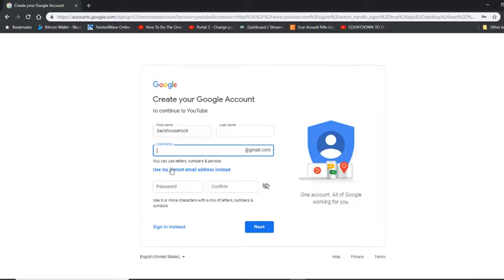Okay, you can use your email or just press create a Gmail account instead. And then type in just wherever you want your email to be. And